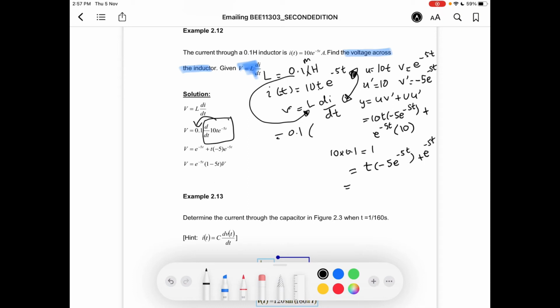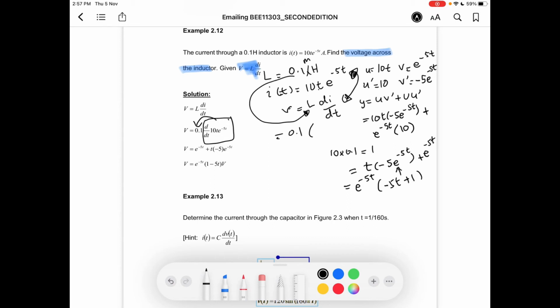Okay, so we have this e negative 5t, the exponent here, so you can factorize it so that it will become,